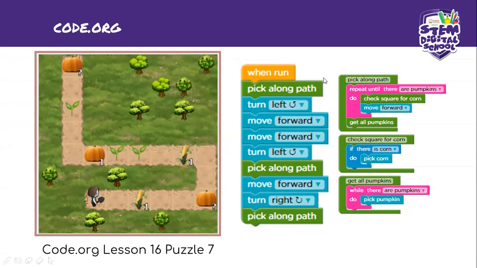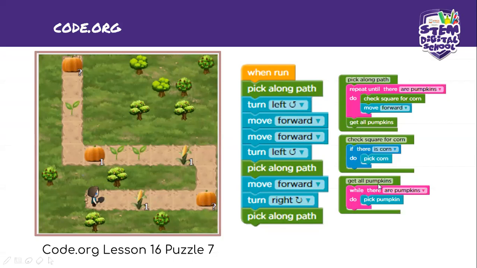This is the only part that we wrote, because these functions we did before we actually started coding, okay? Because we knew that along our path, we will come across corn and we will come across pumpkins. And to pick those, we needed to write a function for each of them. So now we only had to put in pick a long path, and no matter whether we got corn or